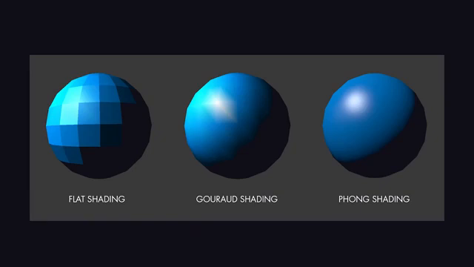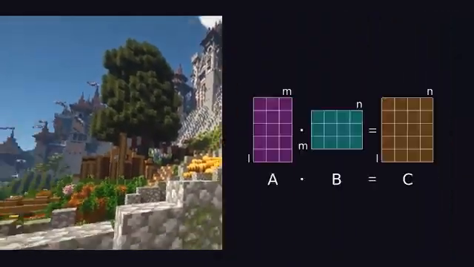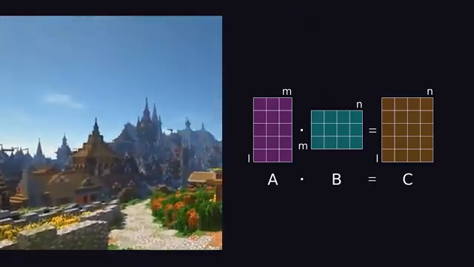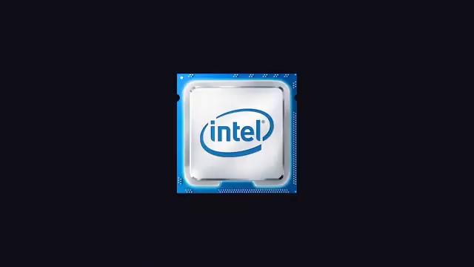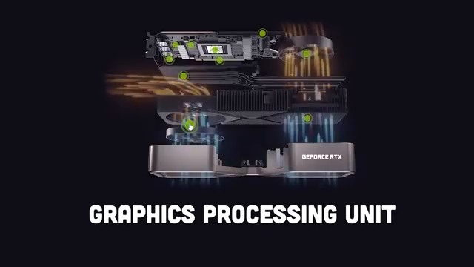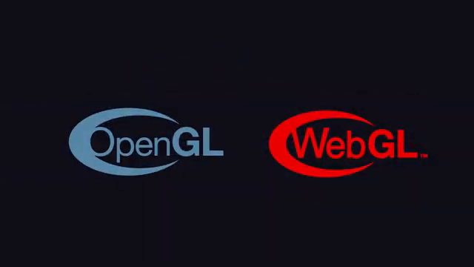This pipeline can be customized by writing shaders, which are just functions that tell the computer how to draw pixels on the screen. Shading requires the computer to perform a ton of linear algebra or matrix multiplication to render graphics smoothly at 60 FPS. It's often too much for the CPU to handle by itself, which is why we have GPUs to distribute the calculations more efficiently. WebGL allows us to process graphics on the GPU and is based on a library that's been around since 1992